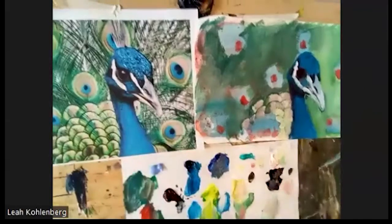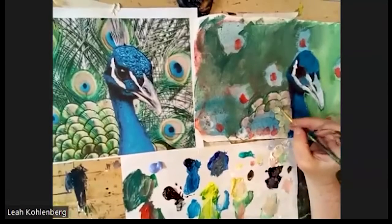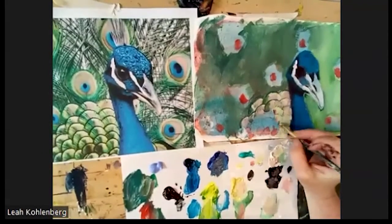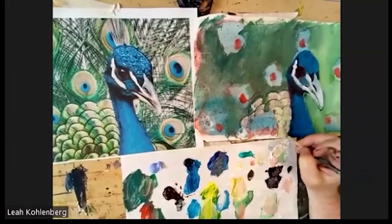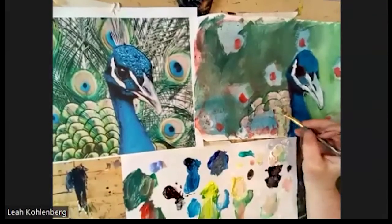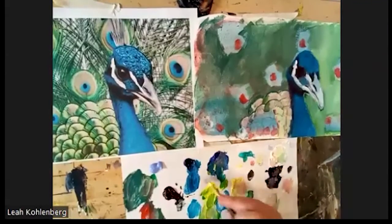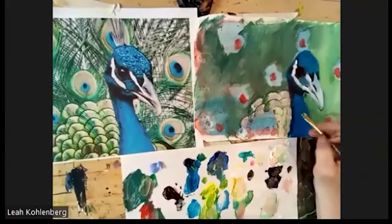A little bit. Notice as we go further down, it gets darker. Further down the feather chain here, the red starts to get more like that. Same thing here. Let's see. So,